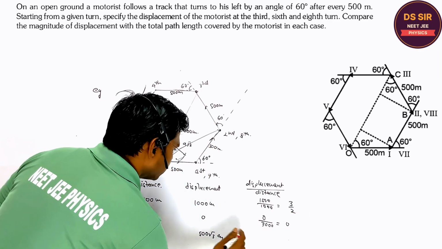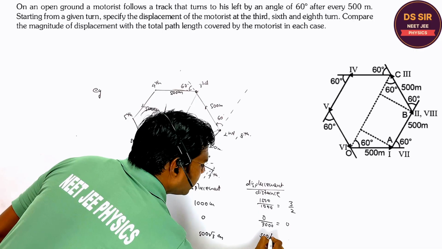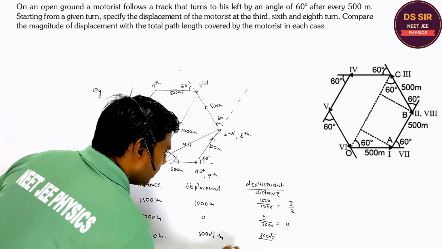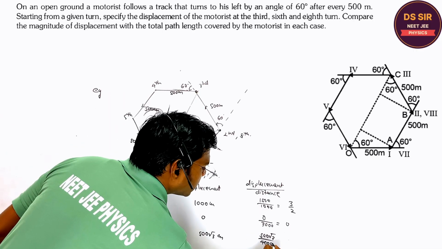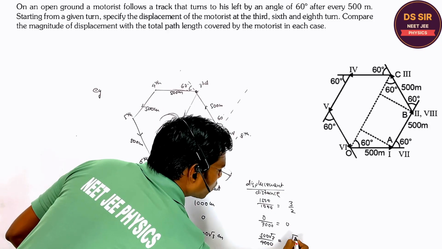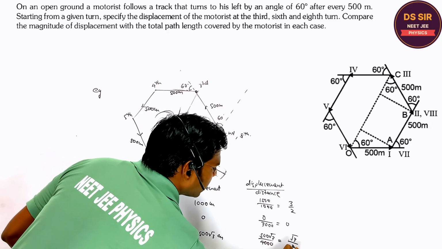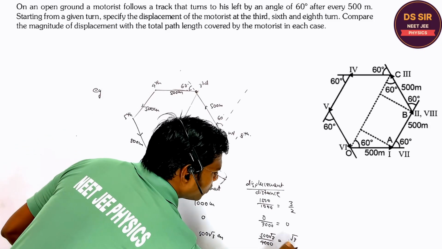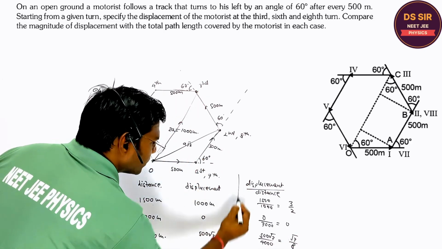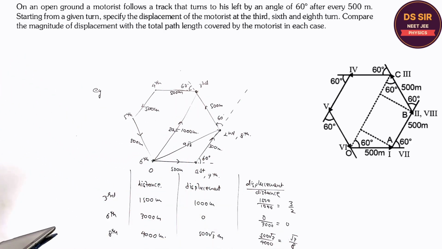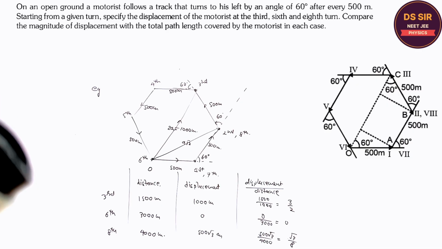And what about this? 500 root 3 divided by 4000, right? So root 3 upon 8. So this is the ratio, or comparison, right? Is it clear or not, Yutal? Copy this. So if you know the concept, then